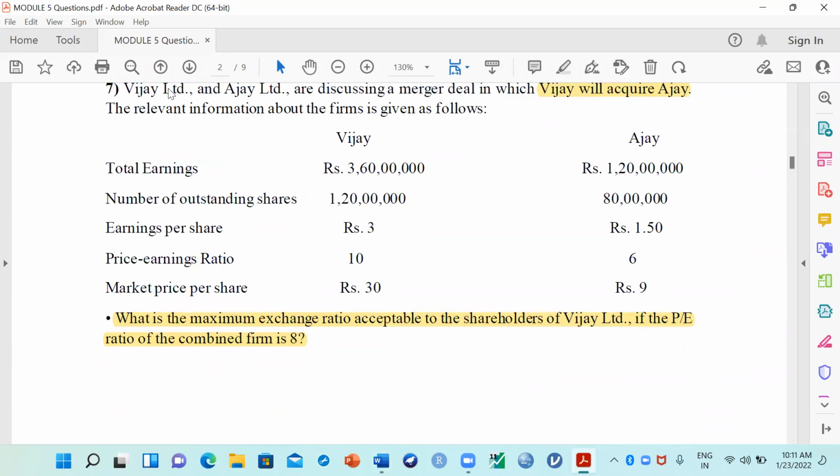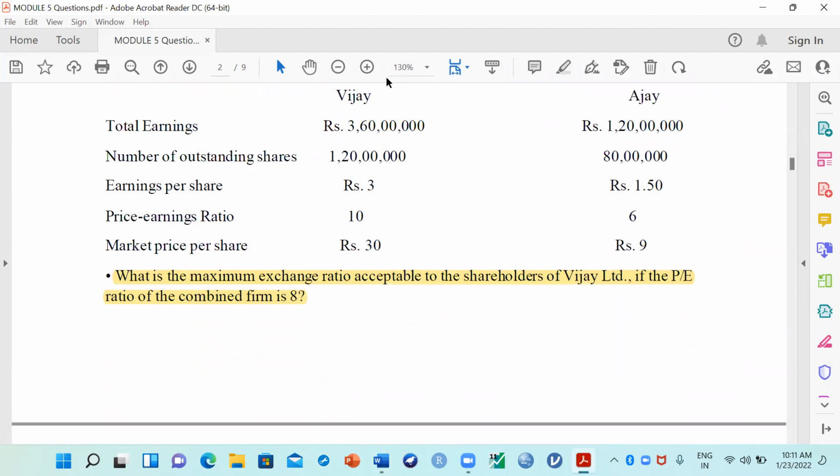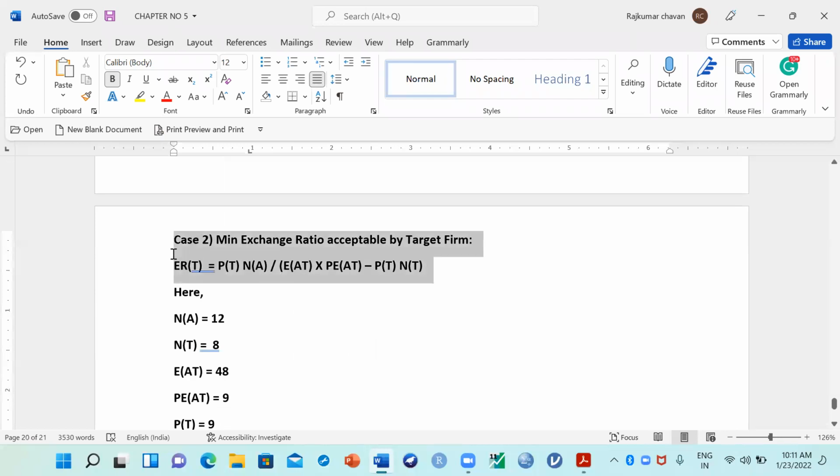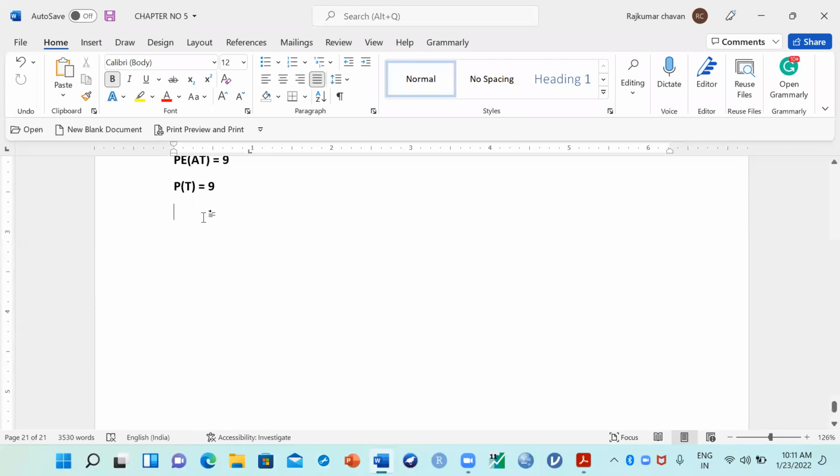So the market price per share of the target firm is nothing but how much? The acquiring company's market price is also 9 here, right? So the price per share of the target firm is also given. It is 9. Now what we have to do is put all the information into the formula. I'll copy it down here once again. So let us calculate now. The price per share of the target firm is 9, into the number of shares of the acquiring firm, 12, right? Divided by